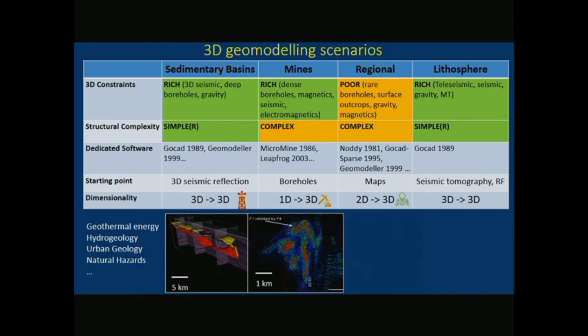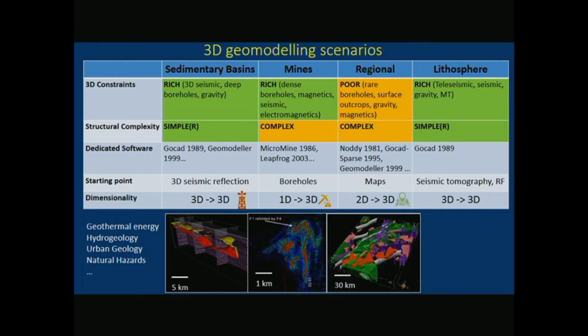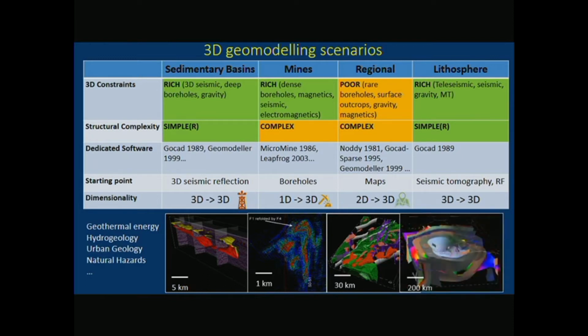At the regional scale, they're very complex situations. The 3D constraints are rather poor in comparison. Typically, just most places, it's the geology map of the surface, gravity and mag. And anything else is only partial or 2D. There isn't much software dedicated to it. The primary starting point for most 3D geological regional settings is the top surface of the geology. So it's essentially a 2D to 3D transform. And I won't worry about the lithosphere here, except to say that it's another class of types of data and questions. Again, it's typically a 3D to 3D transform.